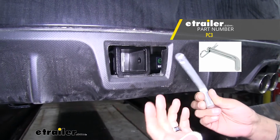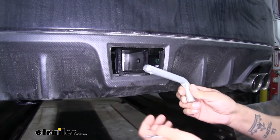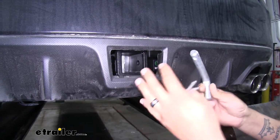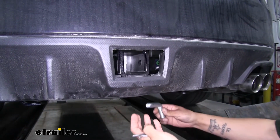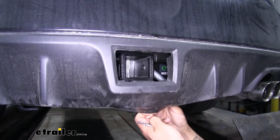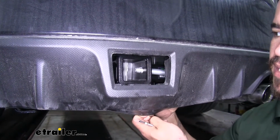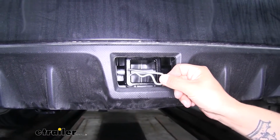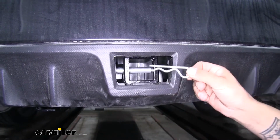Now you might be wondering, well, how am I supposed to get in there and put the clip in and put my accessories in? And I'll tell you, to be honest, it is a little difficult, but you reach underneath the fascia, just pull outwards slightly, and we can get our pin and clip into position. But the whole point is that the hitch is going to be hidden behind the bumper and it's not going